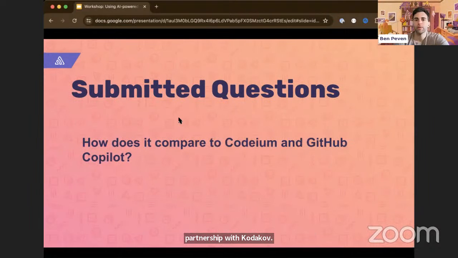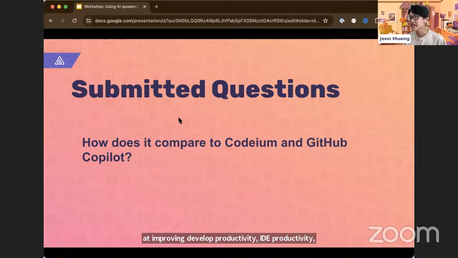How does it compare to Codium and GitHub Copilot? I think I've seen this come through in the Q&A a few times now. Yep. I guess I'll take this one. I also just saw it in Q&A as well. So Codium, Copilot, and even Devin are more general purpose tools. Copilot and Codium are general purpose tools aimed at improving developer productivity, IDE productivity. Devin and all those software agents you've been seeing around are essentially trying to be full stack software engineers and more general purpose to solve multiple issues and tasks. Sentry Autofix is